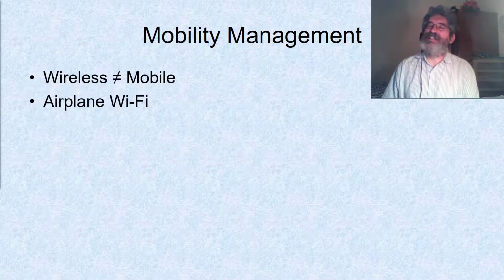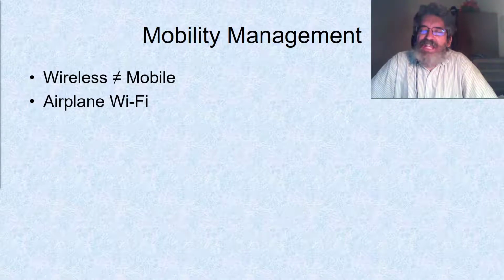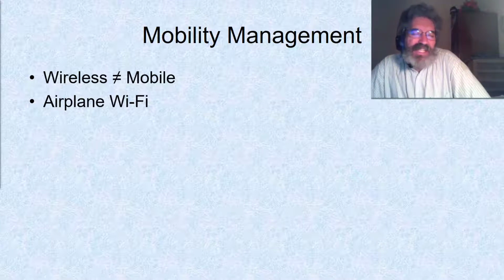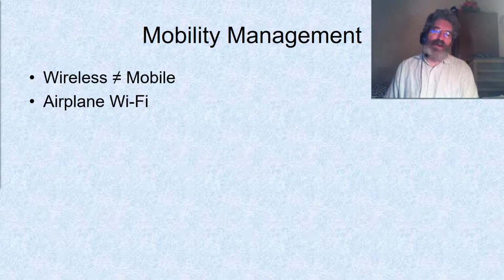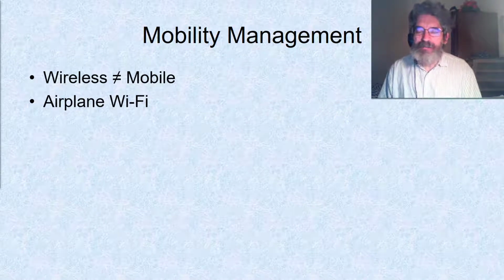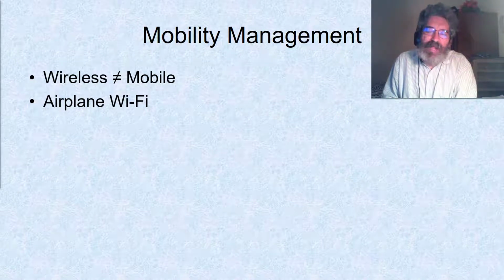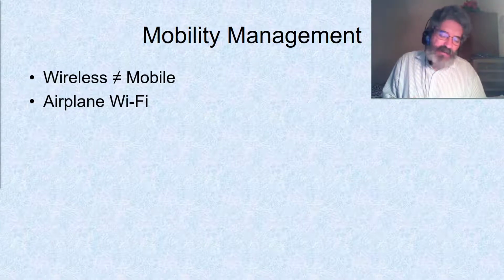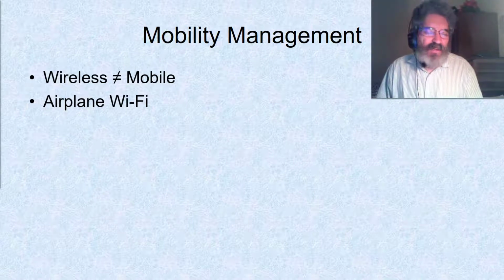One that can be a kind of strange combination is if I take advantage of the flights nowadays that include Wi-Fi, where I may be sitting in my seat. As far as the airplane network is concerned, I may not be mobile, but the airplane itself is mobile relative to the internet as a whole. Or maybe I walk from the front of the plane to the back. So I could be mobile in terms of the airplane network, even as the airplane itself is flying along the way. And there are websites there on how that works.